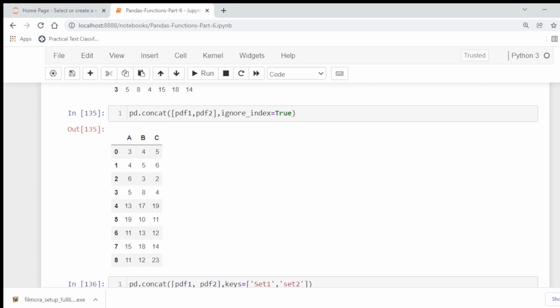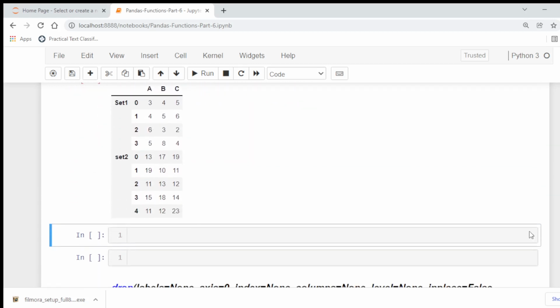For example, we can label this as level 0 and this as level 1. So we can label these indexes by using the names parameter.